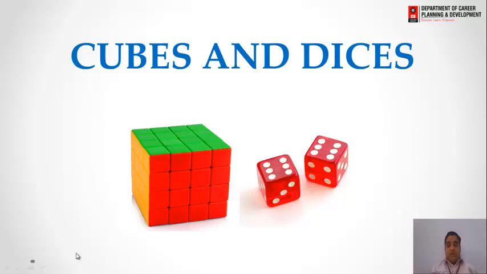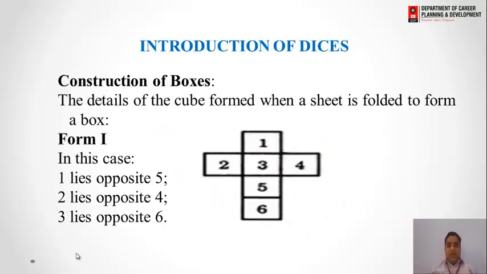In the beginning of this topic, we just need to have the introduction about cubes, for which we have the theoretical aspect. In this we need to understand the introduction of dice, that is the construction of boxes. There are different forms by which we can form the boxes. Like if we cut a sheet like this,